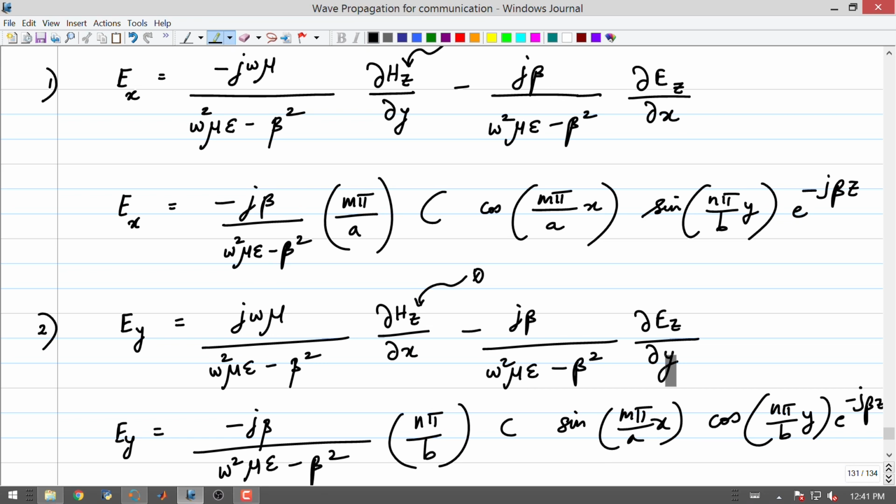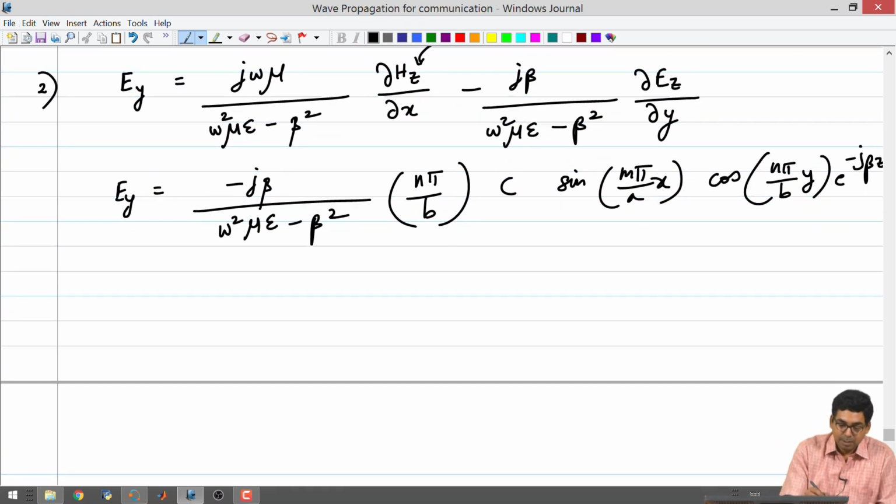That is why m equal to 0, n equal to 0 is not a possible scenario for the fields to exist inside of a waveguide. So, you will get all the field components to become identically 0. When some things are identically 0, then you say that there are no fields existing inside. So, this is something to think about. Let us try to draw some more inferences.